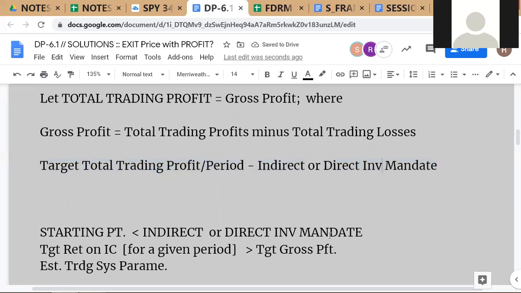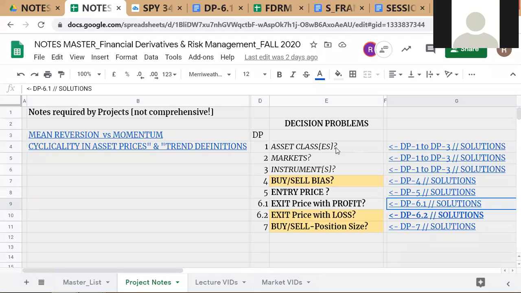This is investor mandate. Okay, now you have used this term before, remember? We have just said that when you solve the first three decision problems, when you solve the question of which asset classes, which markets, and which instruments, these are usually solved by the investor mandate. As you will see,